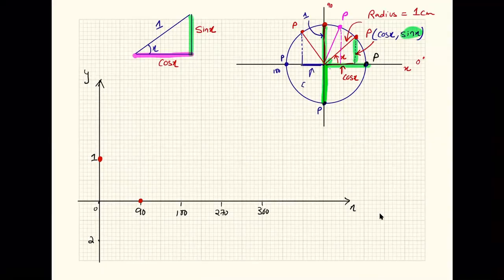Would you agree that the cos x value is going to be negative because it's towards the left side of the x-axis? So would you agree that this distance is going to be negative? Yes. Okay, so the distance from 0 gets further negative, negative, negative, negative until it has a value of